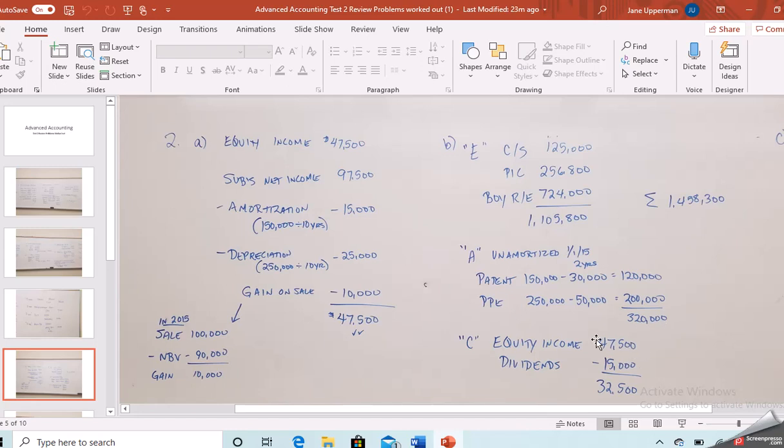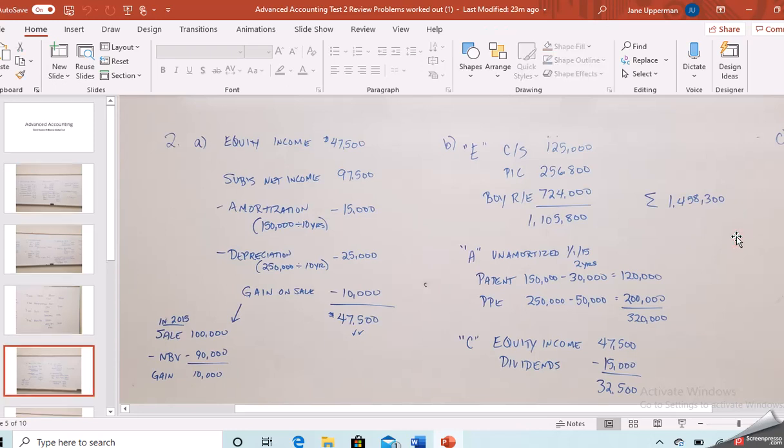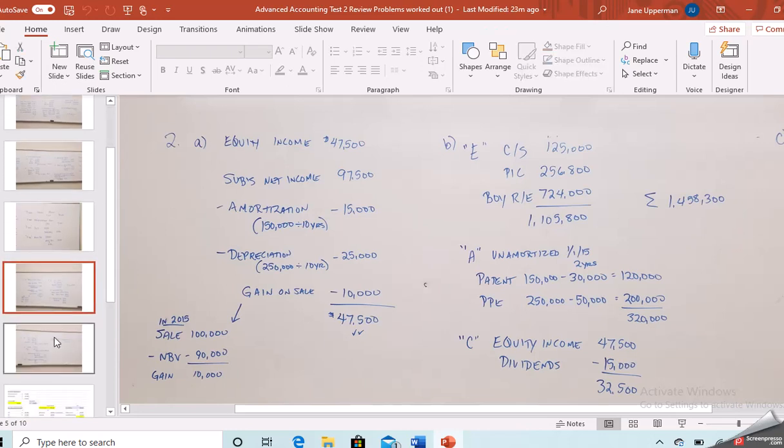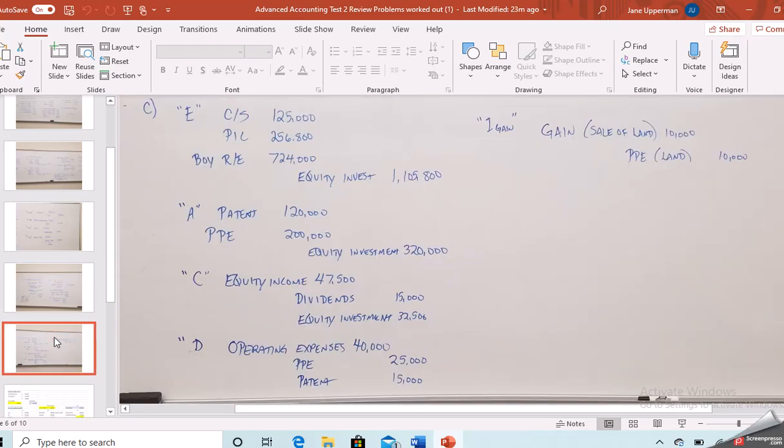And then our equity income is the $47,500 less our dividends, which are found on the statement of retained earnings, of $15,000, and that's $32,500. So when we sum all those up, we get to our $1,458,300. Okay,